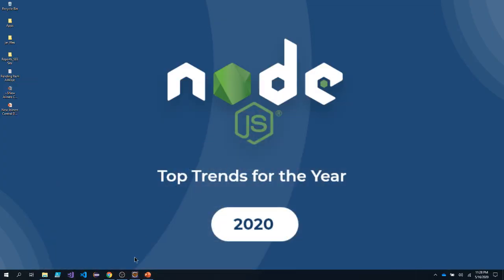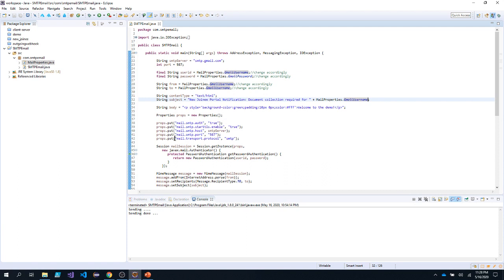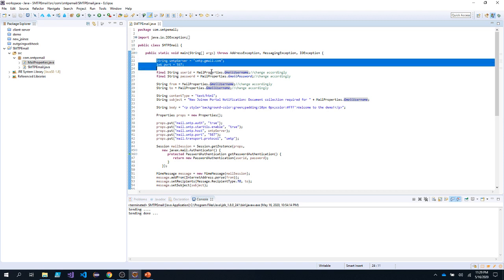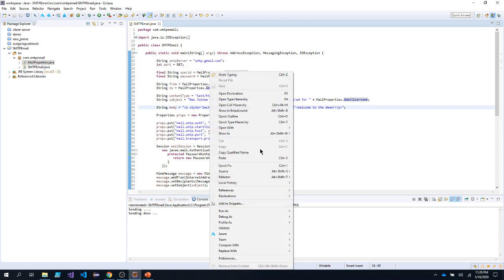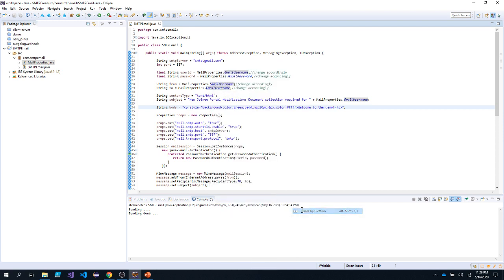So as I told, the first phase is there is one Java app, in which it will send an email to a new joiner in their personal email address. So let's run this Java app. I'm using Google SMTP server. I will not walk you through the code, but I will directly run this particular Java application. The email communication has been sent to the new joiner's personal email address.